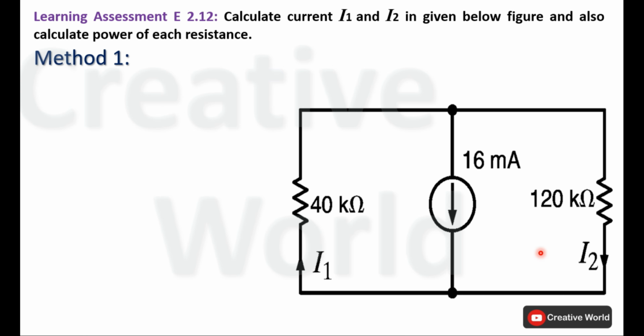If you observe this circuit, the current of a constant current source is given and the values of resistances are given. No other parameter is specified. And we know that for the calculation of current by using Ohm's law, we should have at least two parameters. One is voltage, the other is resistance. Only in that case can we calculate current.